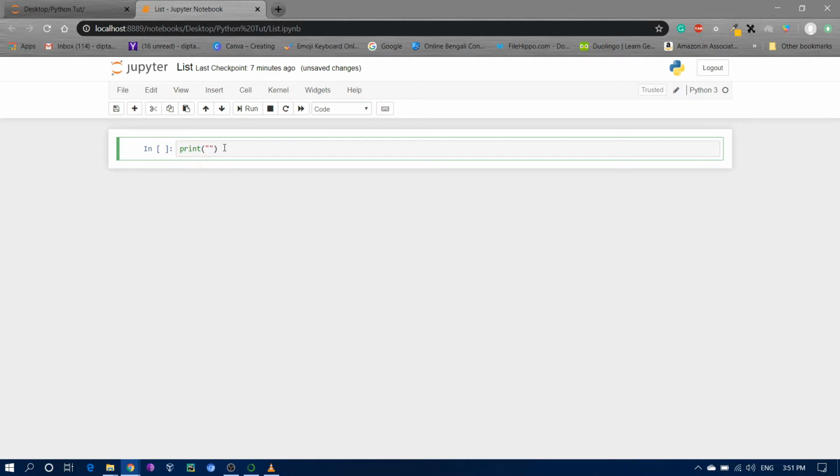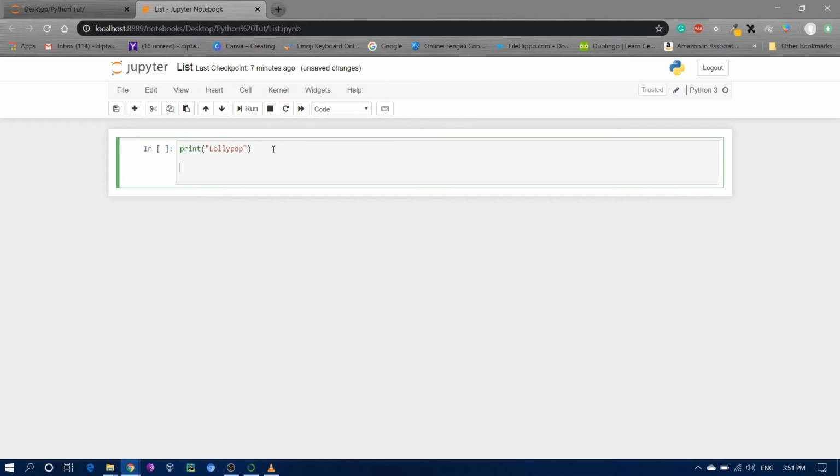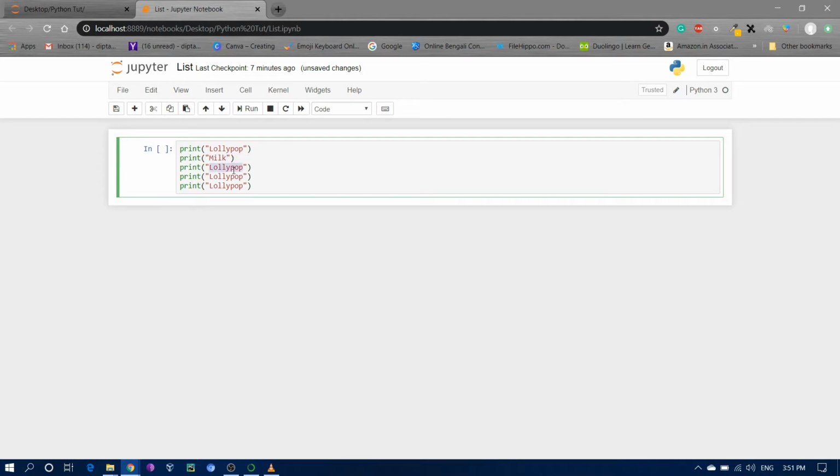For example, a lollipop, and then I just copy this code and paste it several times, and I'll just change the names. For example, milk, chocolate, then deodorant, bread, right? So if you want to print every grocery item separately, you have to write a print statement every time,